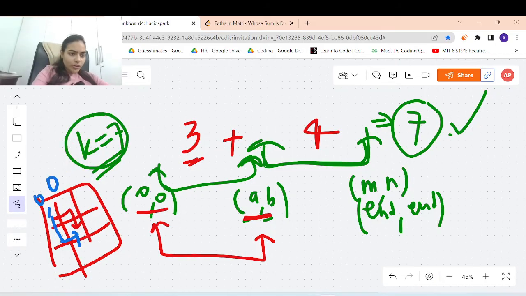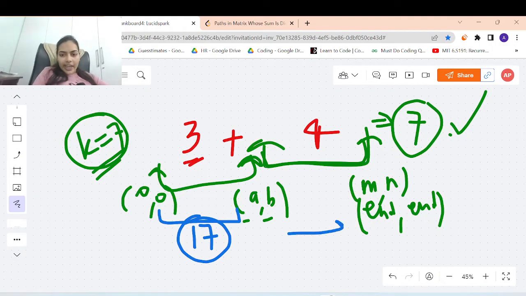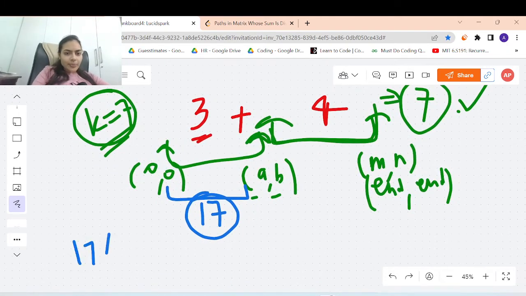So this is 0, 0 and let's say this cell is AB. So I am taking another path from 0, 0 to AB, but it has a sum of, let's say 17. Okay, so now I need not calculate this function called AB to mn again. What I can do is, I know that 17 mod 7 is also equal to 3, right? So since 17 mod 7 is also equal to 3,